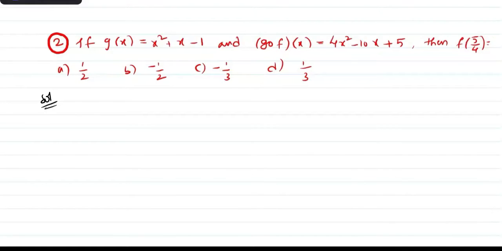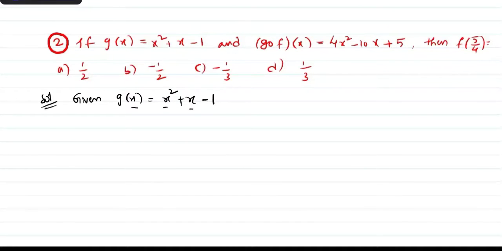Come to the solution part. So first of all, what is the given? So given is g of x is equals to x square plus x minus 1. Students, but don't read this as g of x is equal to x square plus x minus 1. Just read it as g of something is equal to something square plus something minus 1. So that will help us in the coming steps. So g of something is equal to something square plus something minus 1 he has given, right? Okay, keep that point in your mind.